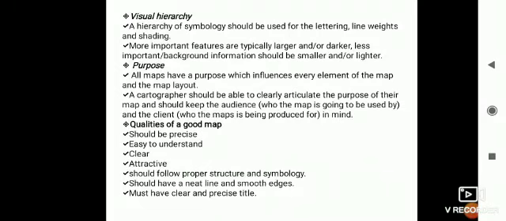And purpose. All maps have purpose which influences every element of the map and the map layout. A cartographer should be able to clearly articulate the purpose of their map and should keep the audience and the client in mind. And the qualities of a good map include it should be precise and easy to understand, clear, attractive, and proper structure and symbology, should have neat line and smooth edges, and must have clear and precise title and